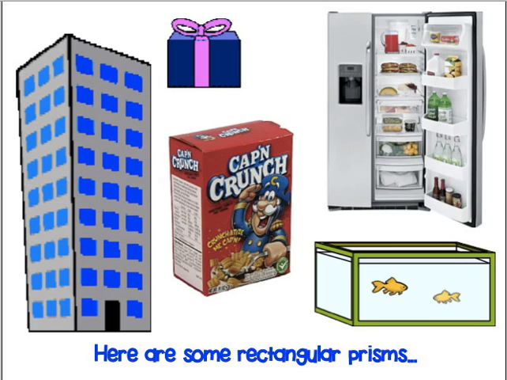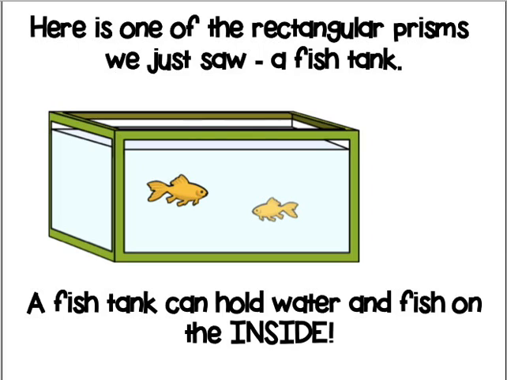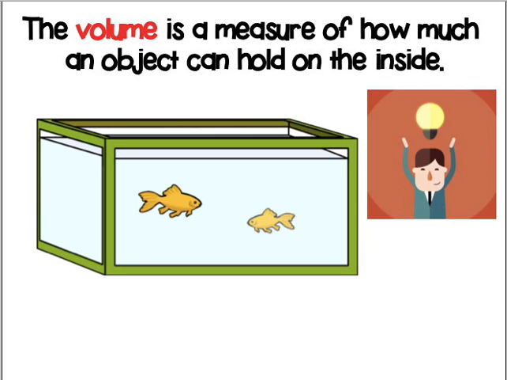Now the volume of a rectangular prism, if we look at these examples, we've got buildings, we've got cereal boxes, refrigerators, a fish tank, a present. Well, rectangular prisms have an inside, which means that they can hold stuff on the inside and they can be filled up with stuff, whether that's water for a fish tank or awesome things in a present or really tasty food in your refrigerator. And in order to find the volume, we're talking about how much an object can hold